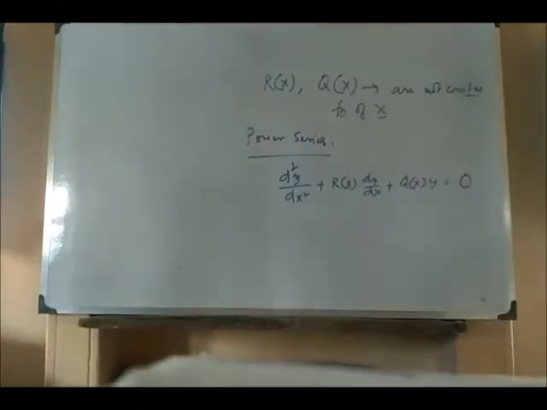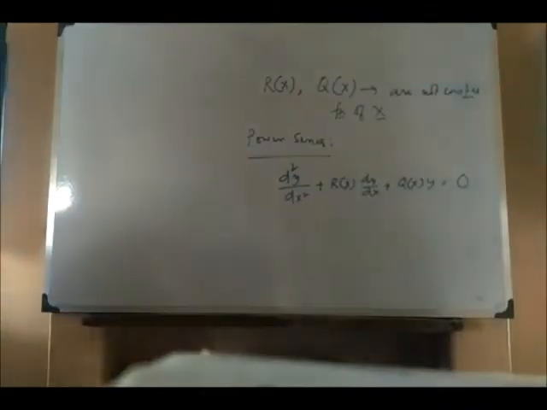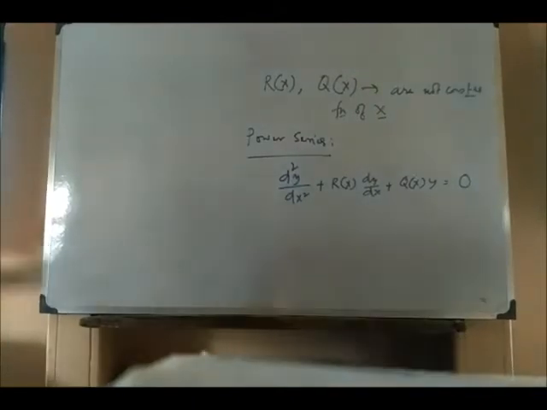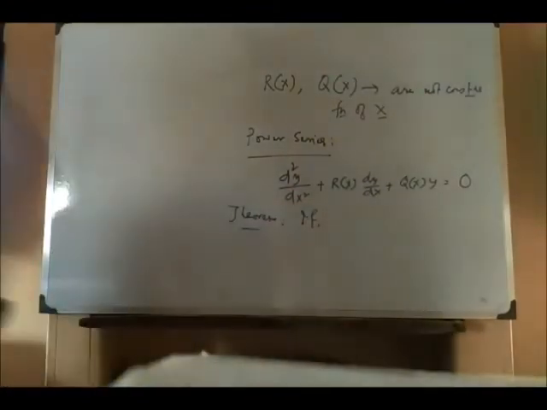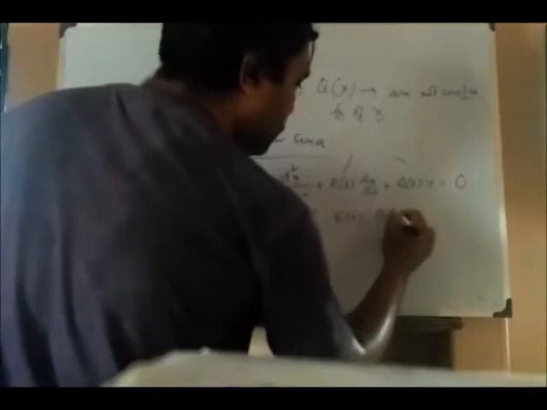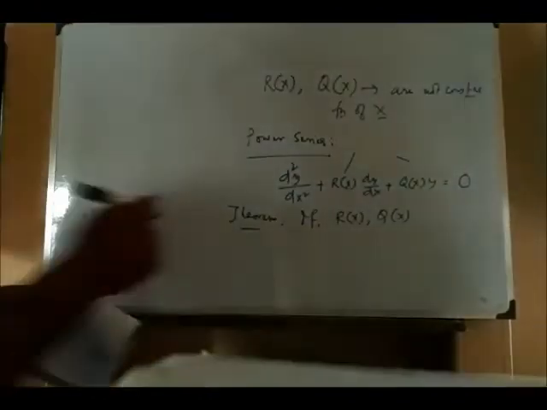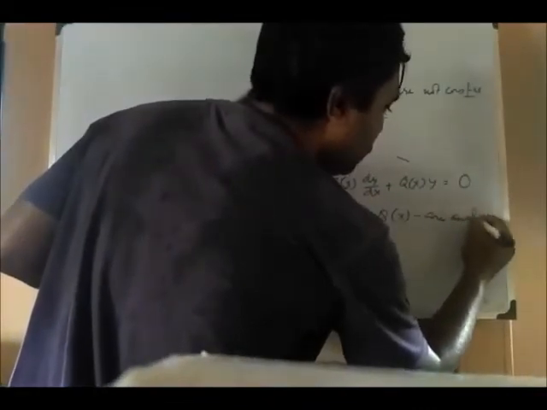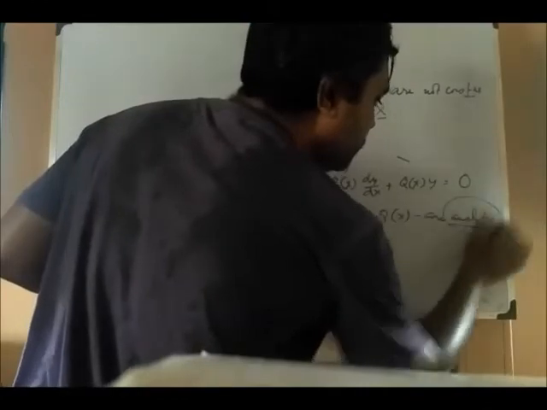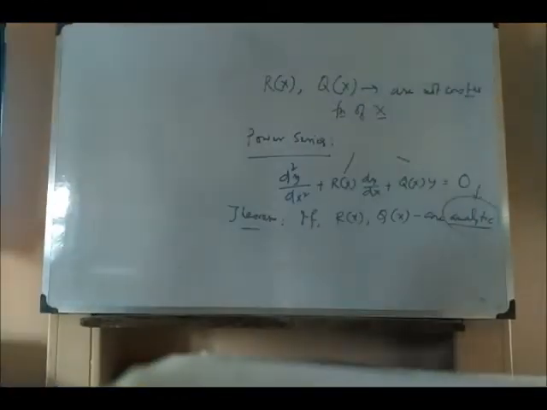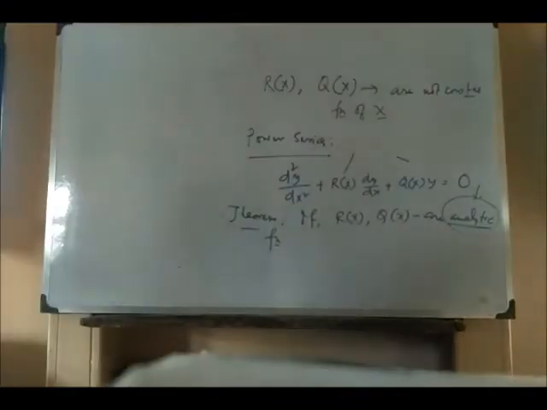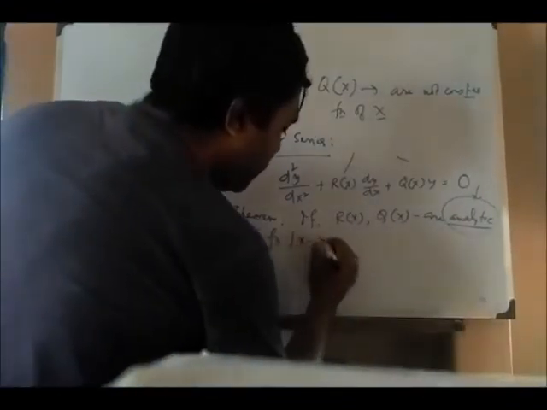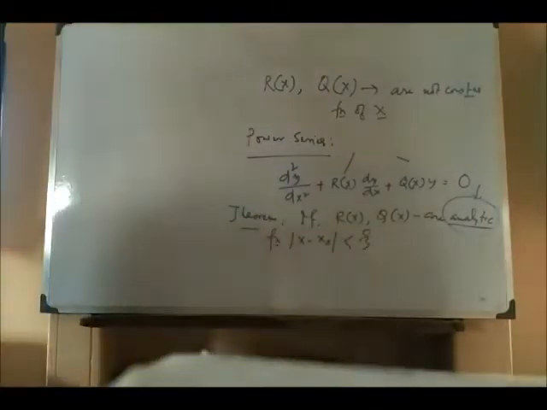Now there is a theorem, and that theorem basically tells that if these two functions, R(x) and Q(x), are analytic, I will come to this term later, within an interval where the absolute value of x minus x0 is less than some xi,